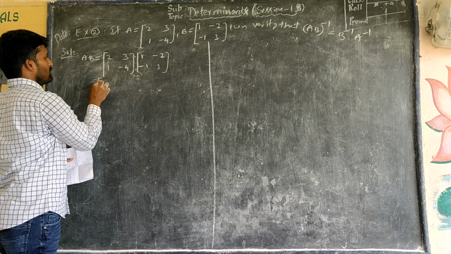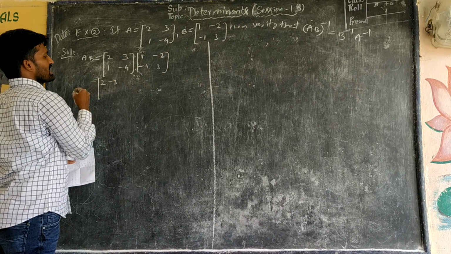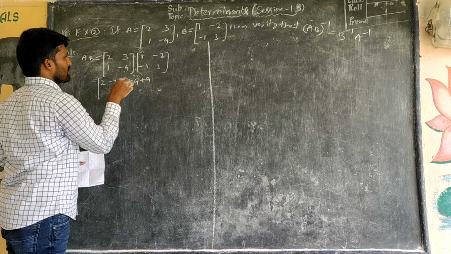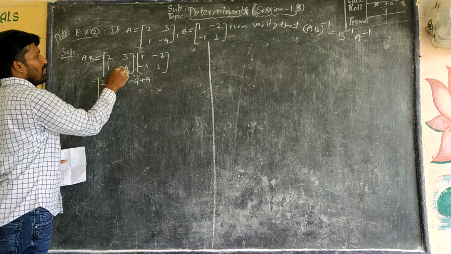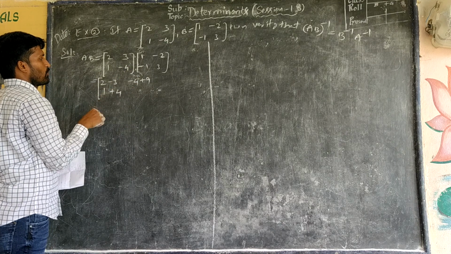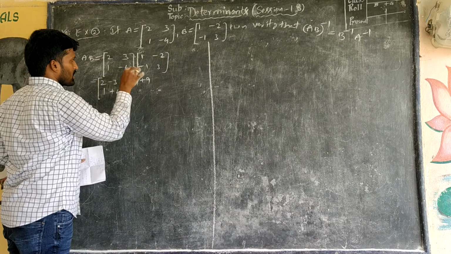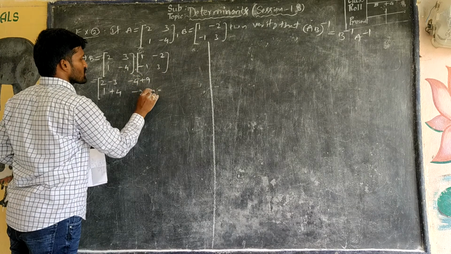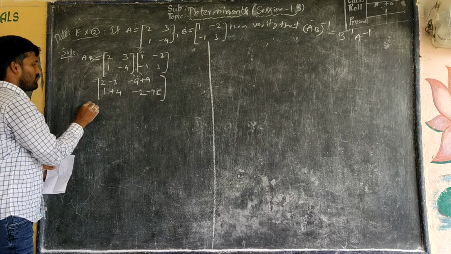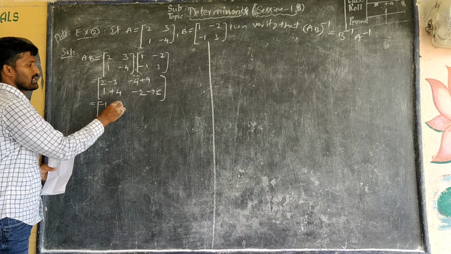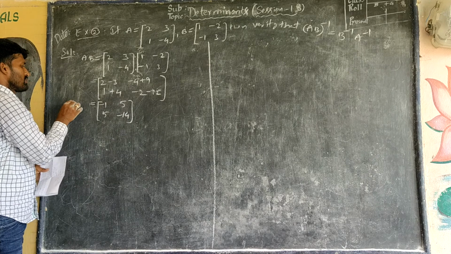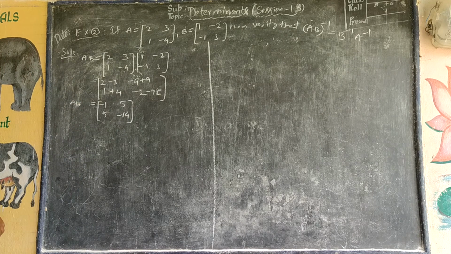First, the first row with the first column: 2 into 1, 2, minus 3, that is minus 1. Next, 2 into minus 2, minus 4, 3 into 3, 9, that is 5. 1 into 1, 1, minus 4 into minus 1, plus 4, that is 5. Now, second row with second column: 1 into minus 2, minus 2, minus 4 into 3, that is minus 12. From this, what is the AB matrix? Minus 1, 5, 5, minus 14. This is clearly the AB matrix.